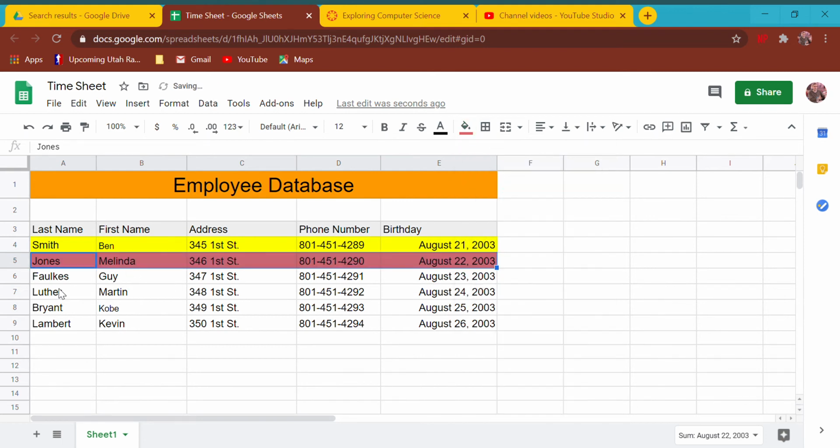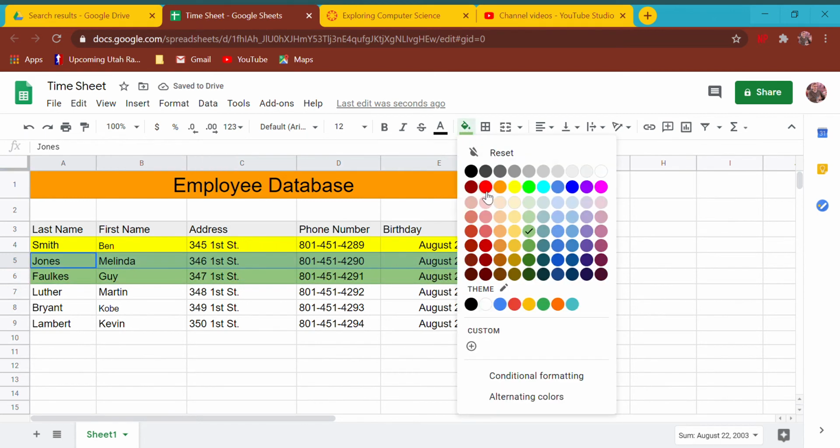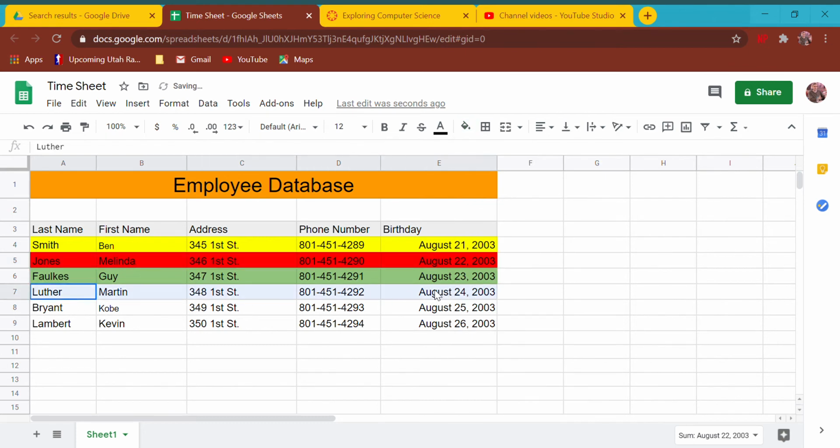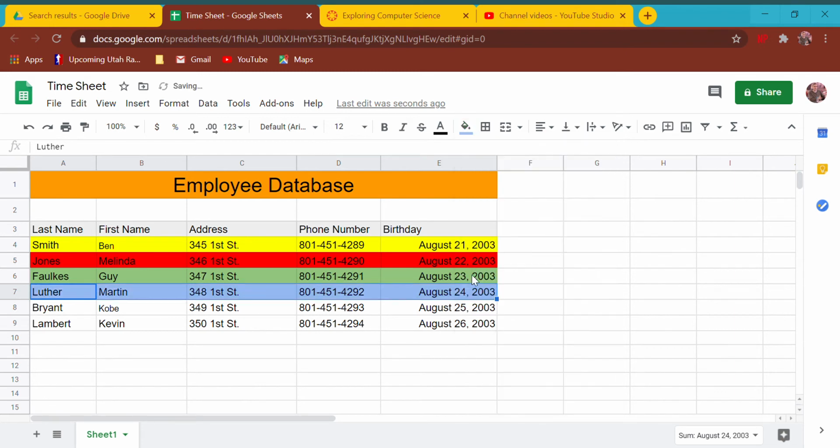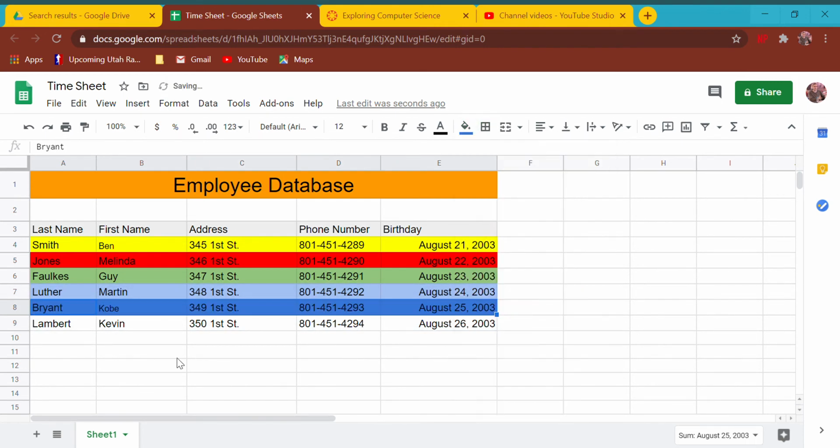Here, you don't want to color code the columns. I want to be able to look across, and the colors are just helpful for looking across the row. So I know that red is always Melinda. My eye can jump lines, especially if my employee database gets out to column like Z over here. If I have 24 columns, it helps if everybody has their own color so that my eye doesn't skip a line